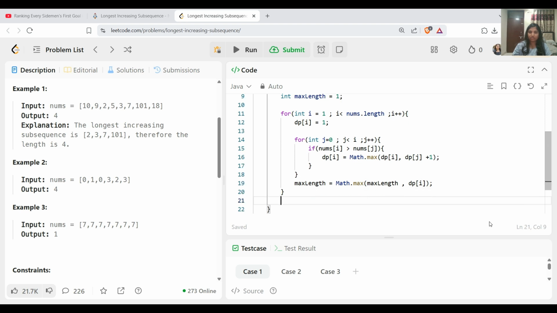After this we simply return the max length from here. Fine, let me run this.